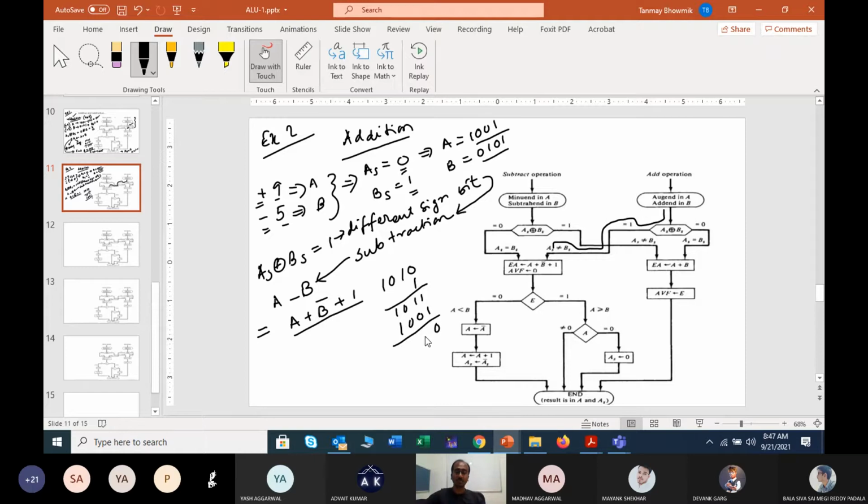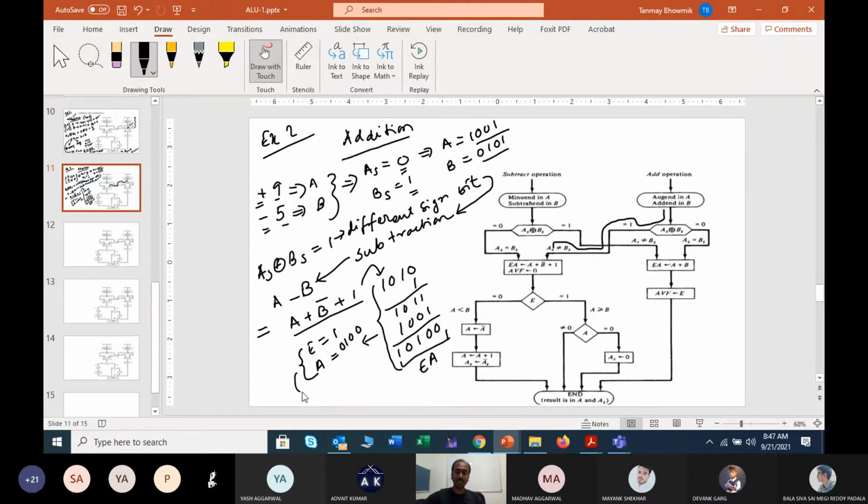It is 0. It is 0. It is 1. It is 0. It is 1. Right? So now where will this whole result be stored? This whole result will be stored in EA. Right? So after this we went to this step, and after this step we came to this step, then this whole step we just calculated, and after this we are observing my E is holding the value of 1, A is holding the value of 0100, right? I hope no problem.